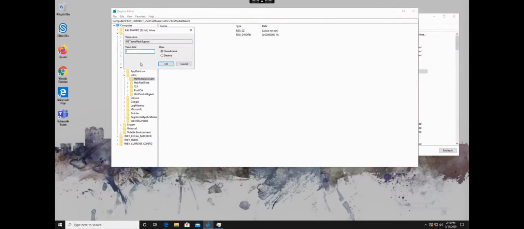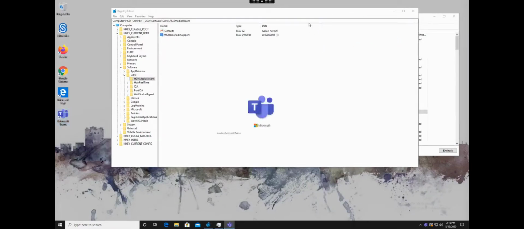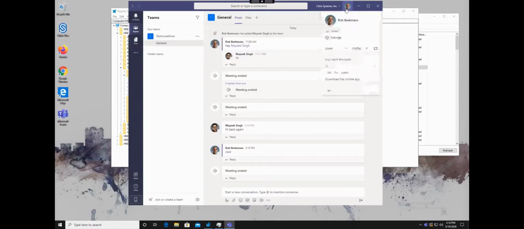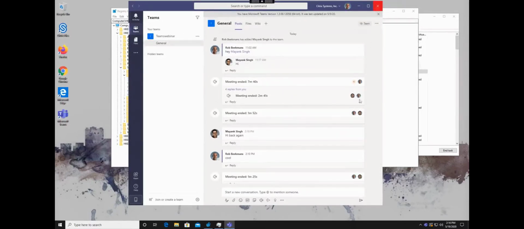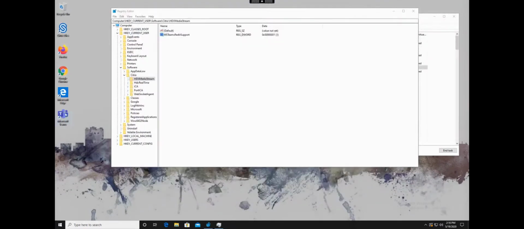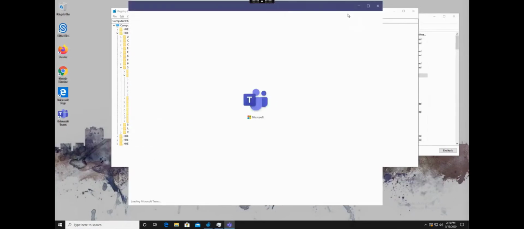Sometimes we are too fast with these things, so if I now launch Teams, it may not be optimized instantly and I have to restart it again. It is what it is. I'm impatient mostly in those things, so I don't wait long enough. But let's see what it does. No, this one is not optimized yet, so let's do this one again. It's the demo. With demos, things go crazy sometimes.